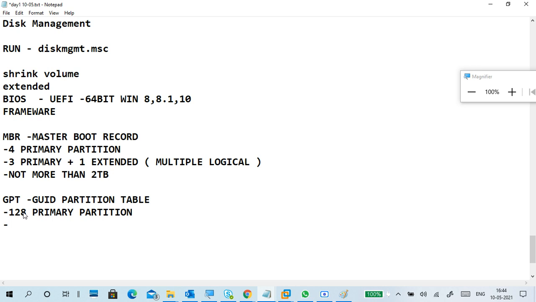It supports more than 2 terabytes. MBR is up to 2 terabyte partitions, while with GPT you can create more than 2 terabyte partitions. Different textbooks tell different stories, but finally I said the maximum supported size is up to 18 EB.